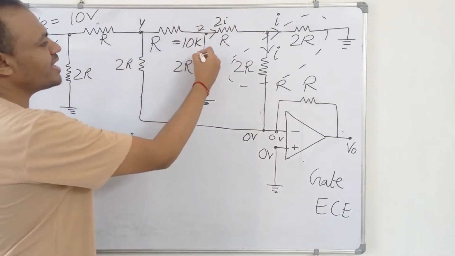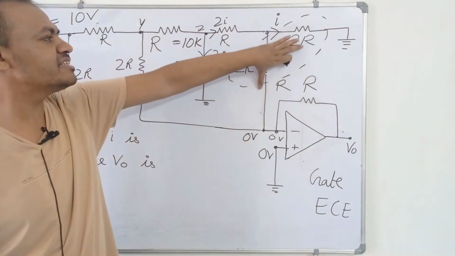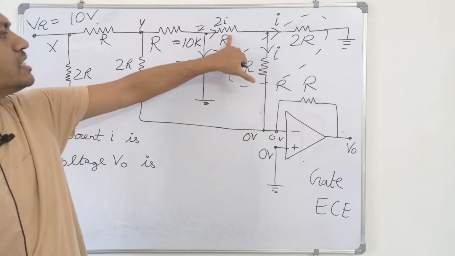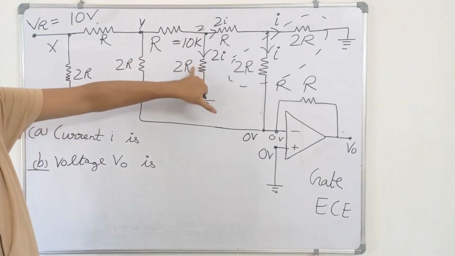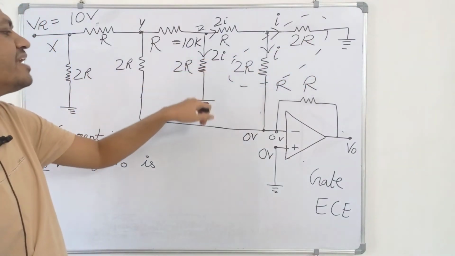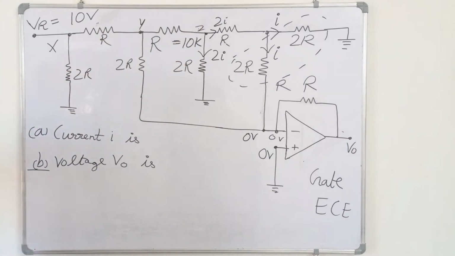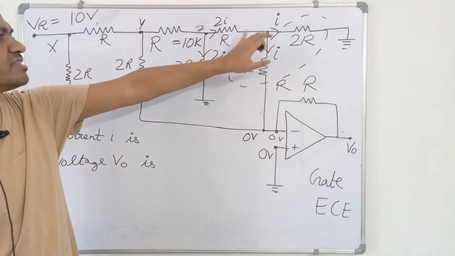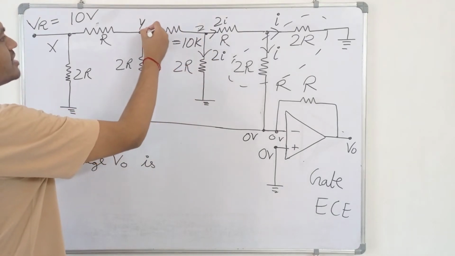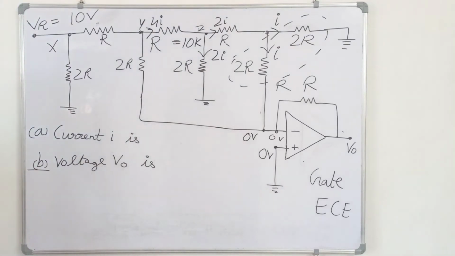So if this current is 2I, then this current will also be equal to 2I only, because this combination's equivalent resistance is R, then this R and R are connected in series, so 2R. This 2R and this 2R are in parallel because this 2R is connected to 0 volt and the other 2R is also connected to 0 volt, and the other end is connected to node Z. So if 2I current is flowing through this, then this current will also be 2I. So this is 2I, this is 2I, so this current must be equal to 4I.